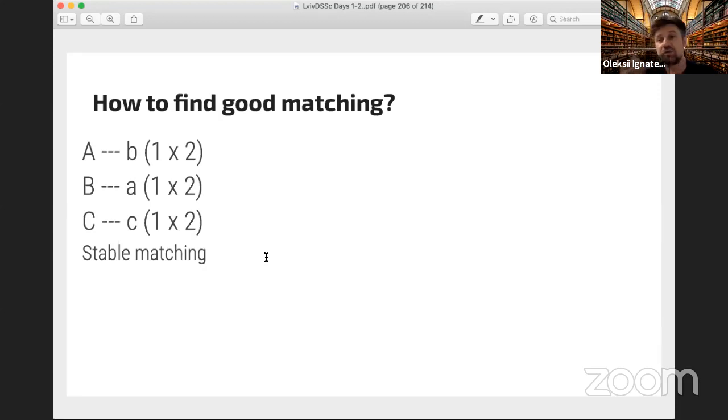You can find it by using the Gale-Shapley algorithm. It's also called the deferred acceptance algorithm, but the stable matching is not unique. There are different stable matchings, and this algorithm prefers one side. With this algorithm, the one side will always get the best possible matching. So this is the idea of matchings, and